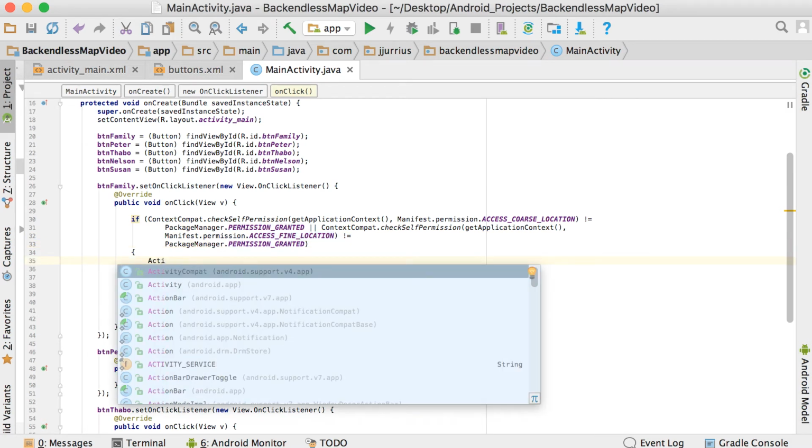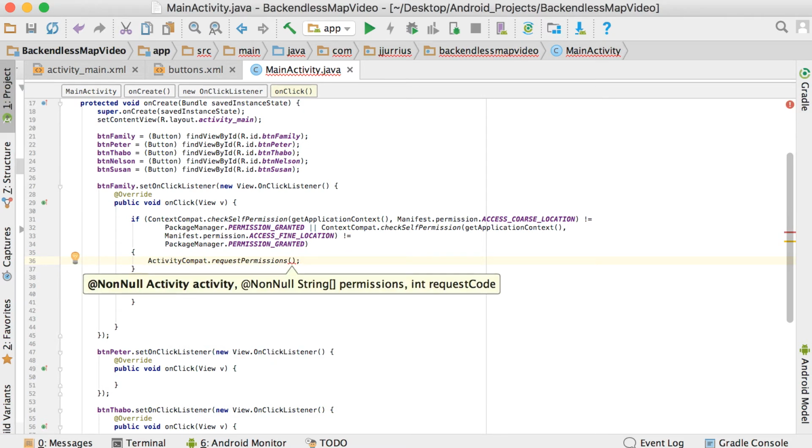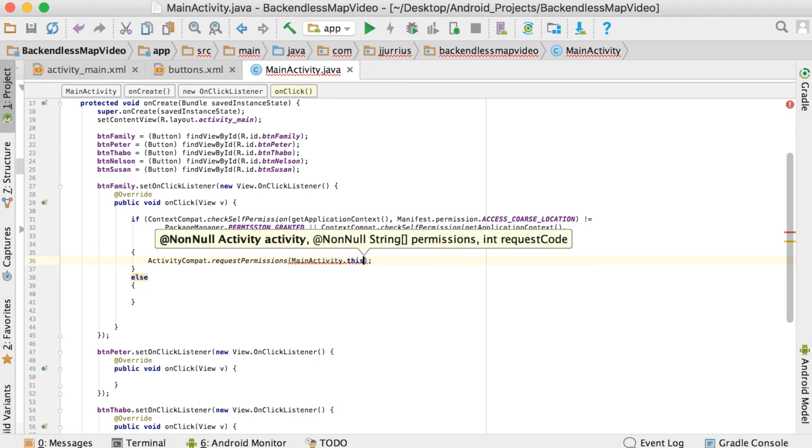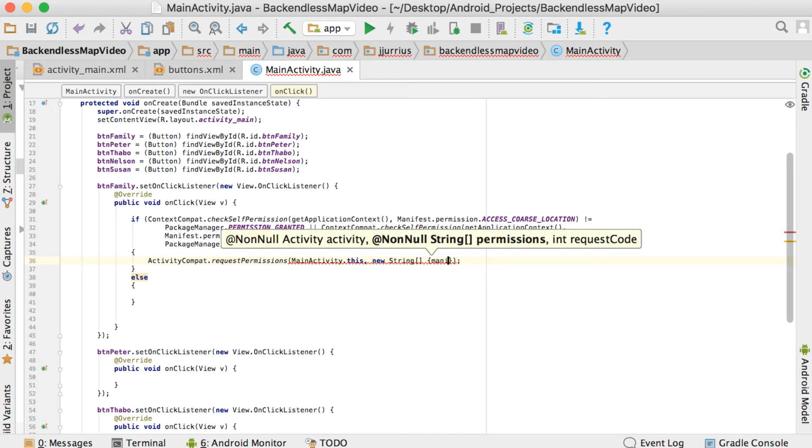We call ActivityCompat.requestPermissions then. So then we request the user to actually give us permission to do so. And the first argument, again, the context or basically the activity. So you're going to say MainActivity.this. And then the second argument is a string array of all the permissions that you want to ask for. So I'm going to say new String array with all the permissions that we want to ask for. So the first one is the Manifest